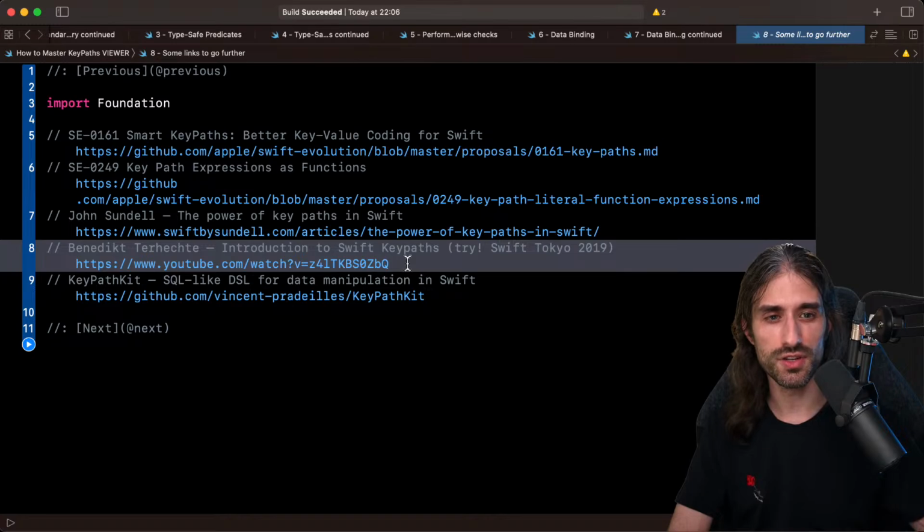And in the years 2018, 2019, there were lots of talks around key paths, because these were nice new features of Swift. And what's very interesting is that key paths were introduced, I think, at the end of 2017 or early 2018. And they became really central to Swift when SwiftUI came out in 2019 and started to make a lot of use of key paths, and also Combine.